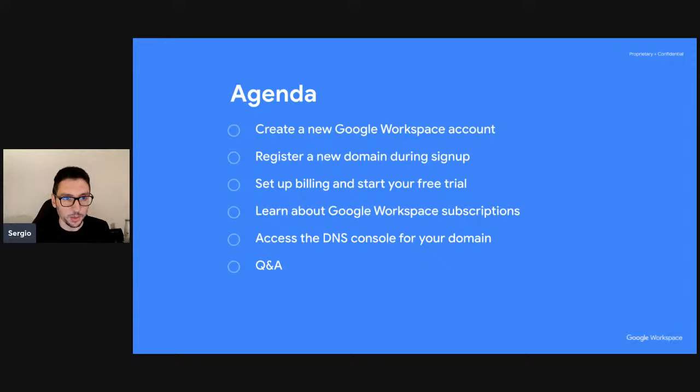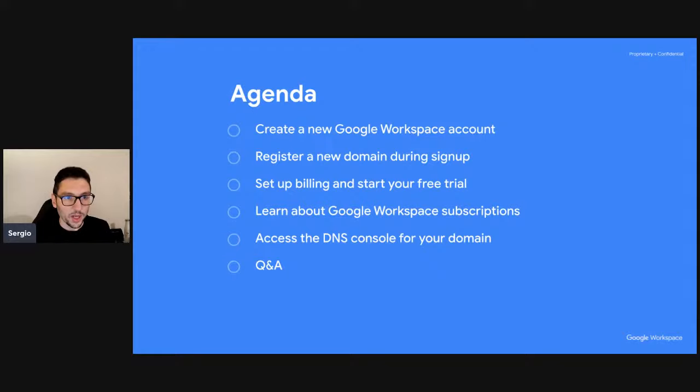We will complete the billing setup, and after that, we will have 14 days of free trial for the Google Workspace subscription, during which you can try all the features and apps offered with it at no cost. Then we will review our newly purchased subscriptions, and we will see how to access the DNS console to manage your domain. At the end, we'll have the Q&A session. Remember to submit your questions using the form.